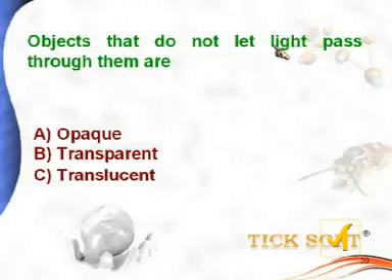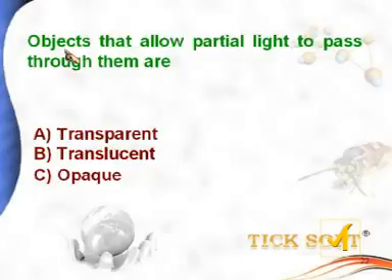Objects that do not let light pass through them are, the options are option A, opaque, option B, transparent, and option C, translucent. So which objects do not allow the light to pass through them? They are the opaque objects. Objects that allow partial light to pass through them